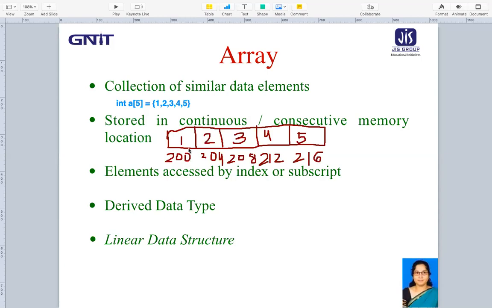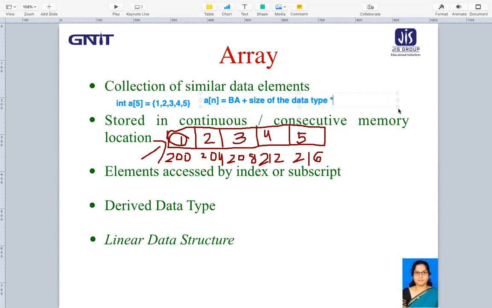So if I know the base address of this array, that is, if I know the address of the first element of this array, I can find out the memory address of the nth element of this array. So this is the property of array. Using the address of the first element, we can find out the address of any element in the array, and that will be typically something like this. If the starting address or the base address of the array is considered to be BA, then the address of, suppose, the nth element can be found out by base address plus the size of the data type